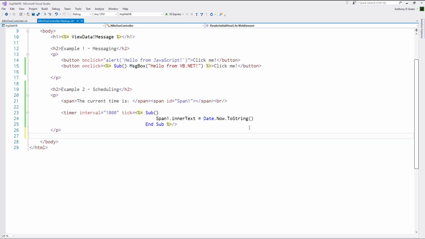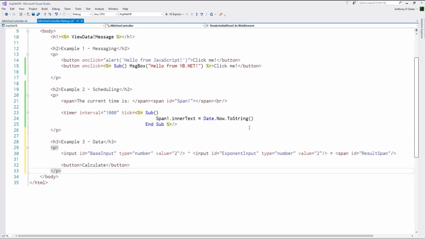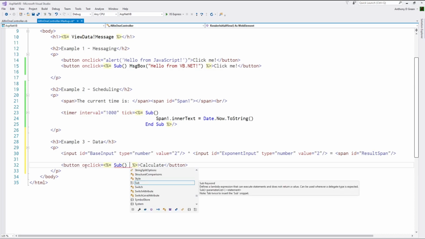Imagine a scenario where there's some big computation I have to do on the server to update my UI. In this example, I'm going to pretend that computing the power of a number has to be done on the server side. Today, I might abstract that computation out into its own web service, then write some JavaScript glue code to call out to that service and update the UI with the response. Because I can use VB.NET on the client side now, I can just write an onClick handler like before that in it says result span